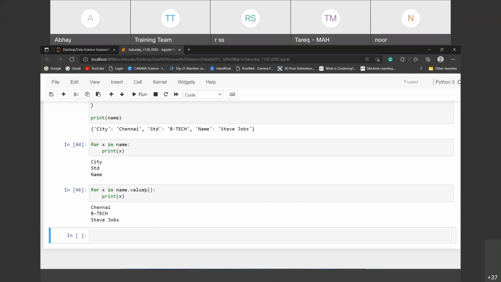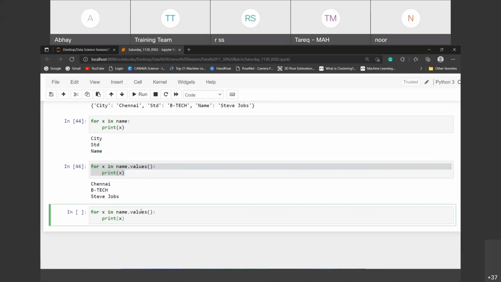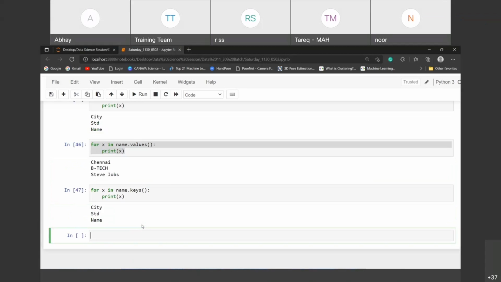Values, this is values. If you want values you can get, and if you want keys only, you have to pass keys. Check out the city, standard, name. Both ways you can get the answer.